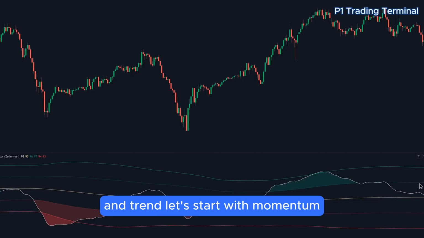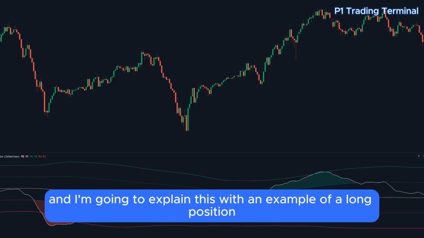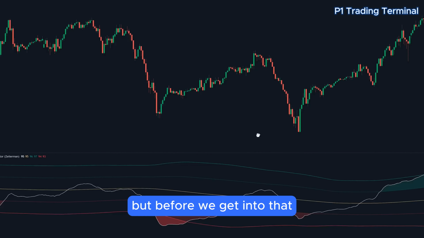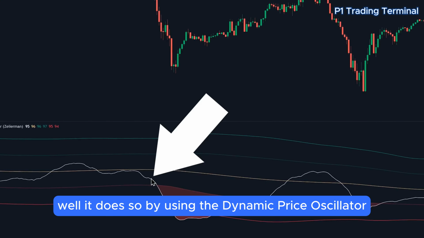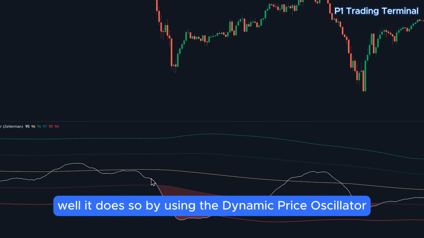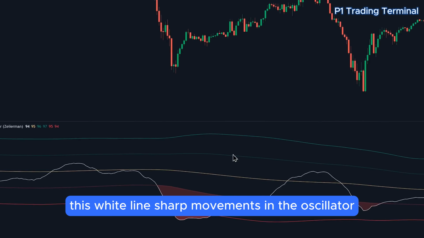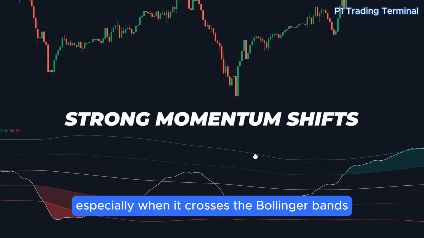Let's start with momentum, and I'm going to explain this with an example of a long position. But before we get into that, how does this indicator identify market momentum? It does so by using the Dynamic Price Oscillator. This white line shows sharp movements in the oscillator, especially when it crosses